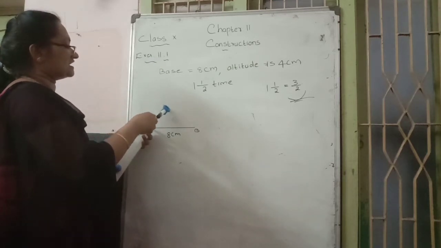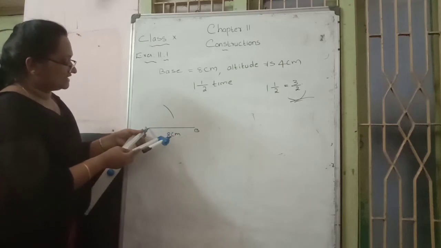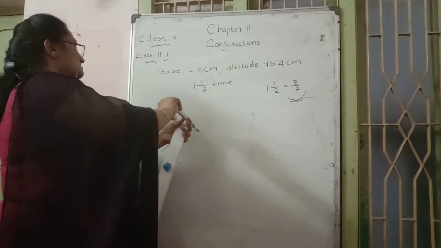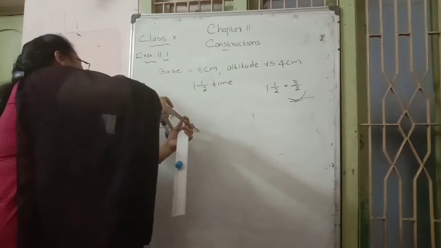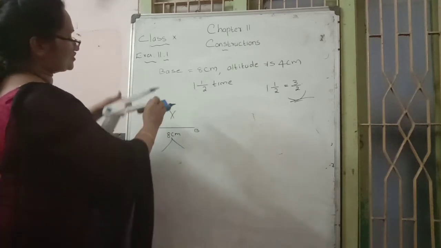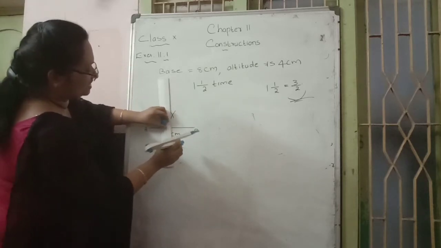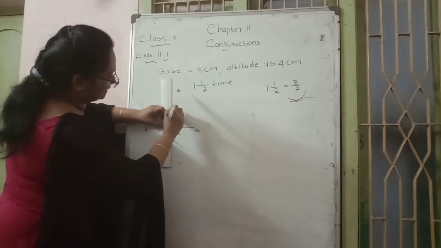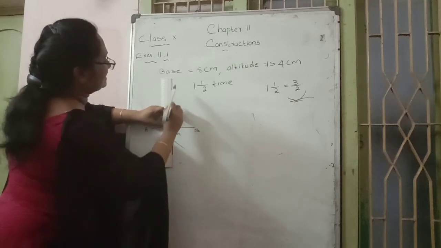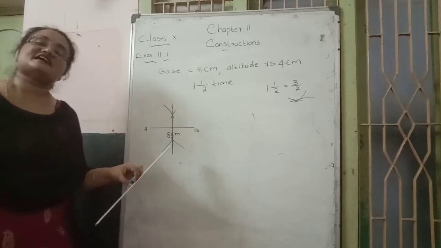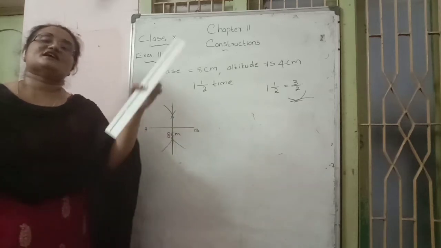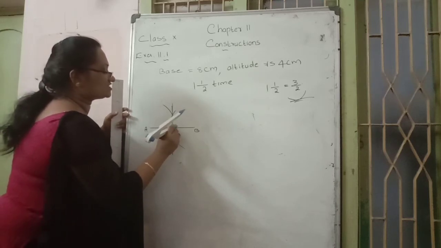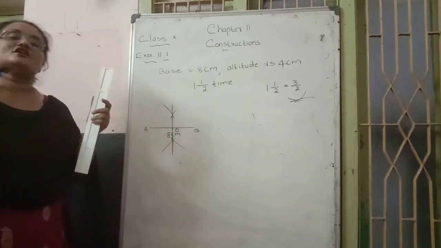With A as center, draw an arc like this, up and down. With B as center, draw the same opposite arc also, up and down, and the parts are joined. Then join these two arcs, up and down, with a straight line. This is the perpendicular for which side? AB side. The perpendicular cuts the AB side at a cutting point. You can give any alphabet. I mark the alphabet O here.